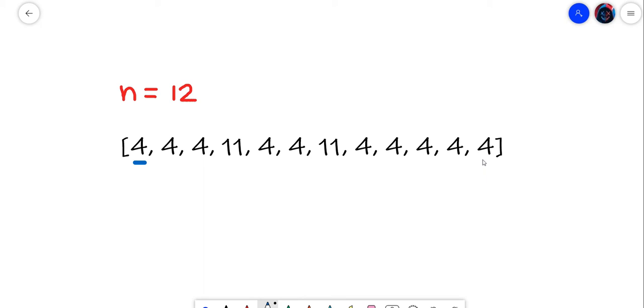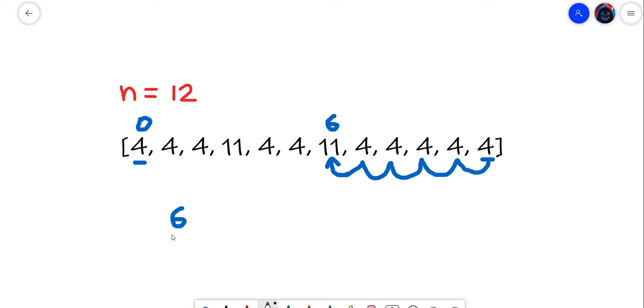The house at the ending is of the same color as the house at index 0, so we will not consider this house. We'll move here, and it is also of the same color, so we will move to the next house. Similarly for these two houses also. When we arrive at this house, we see that it is of a different color, so we will just calculate the distance. It is present at position 6 and the other is at position 0, so we will return 6.